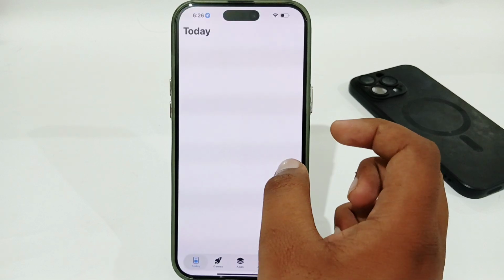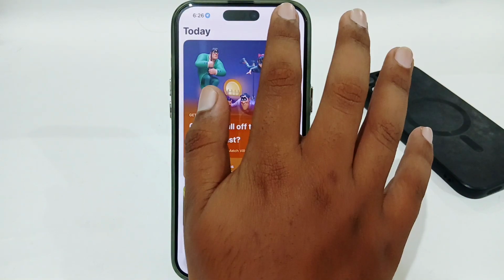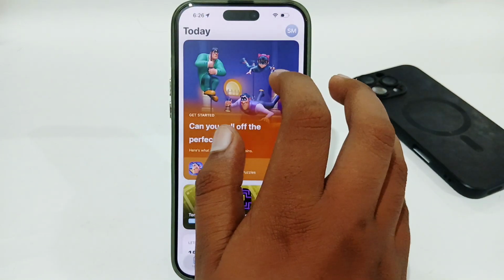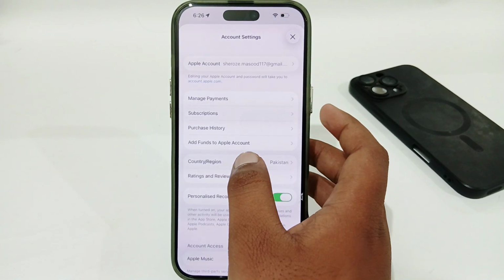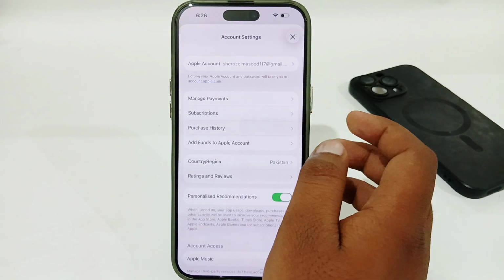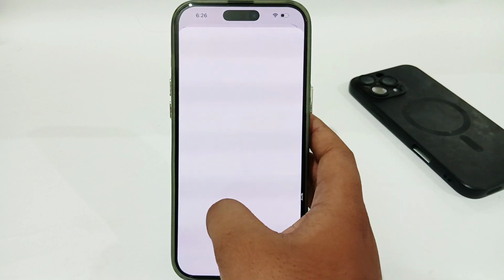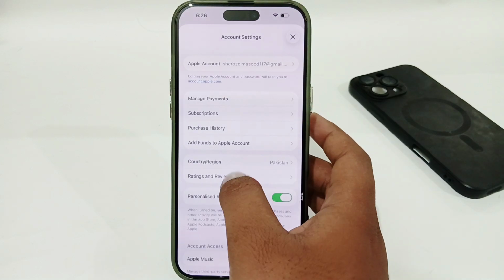open your App Store, then tap on your profile in the top right corner, tap on your Apple ID or name, and here you will get the option of Country or Region. You can easily select that from here. You have to make sure that you have selected the country or region in which you are living, and then